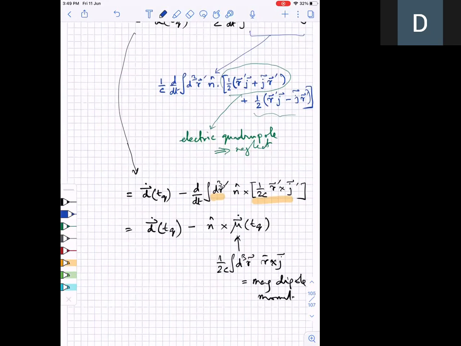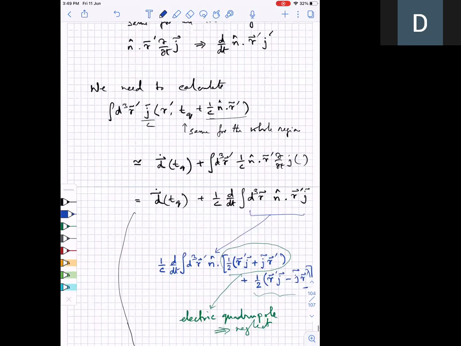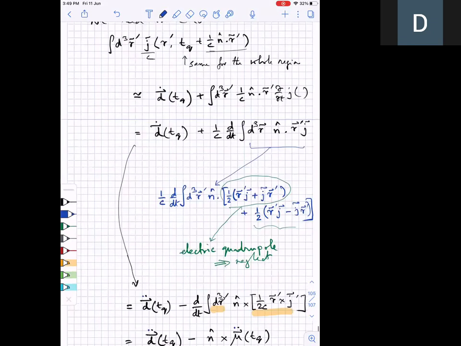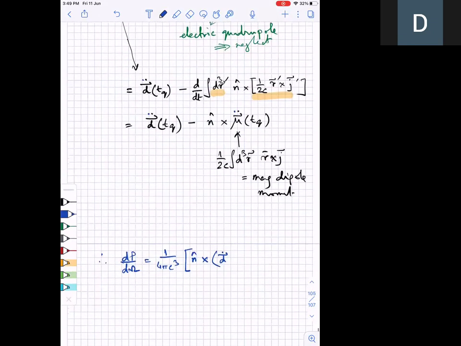There is a d double dot over here. All d double dots. I wrote d dots over here. Remember, these are all d double dots. I'll correct it when I write it. D double dot minus